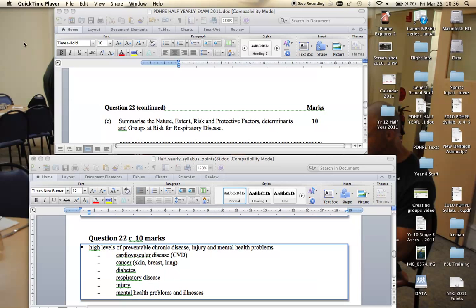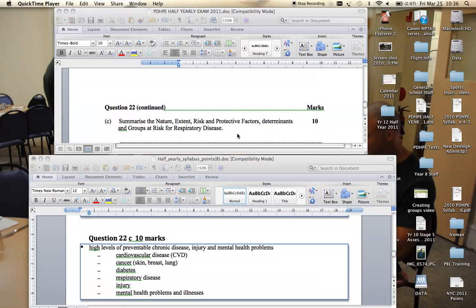I just want to give you a bit of feedback here for question 22c, which is the 10 marker on respiratory disease. What I've done here, I've got the actual exam question, and below here is the syllabus point where it comes from, and this document is actually the document that you're all given on PM Online. So you can see, read the question there: summarise the nature, extent, risk and protective factors, determinants and groups at risk for respiratory disease. And that is directly from this dot point. You don't even need to remember anything to do with the dot point because it's all listed here for you